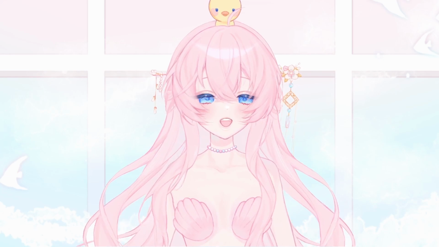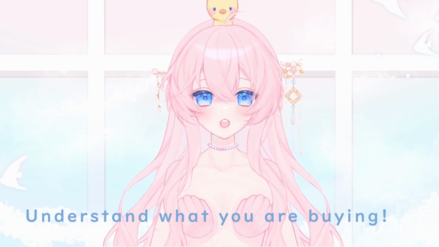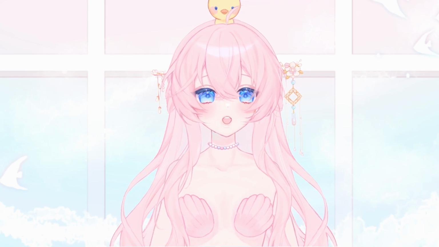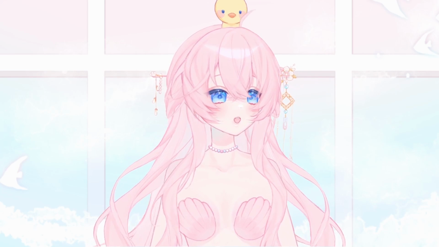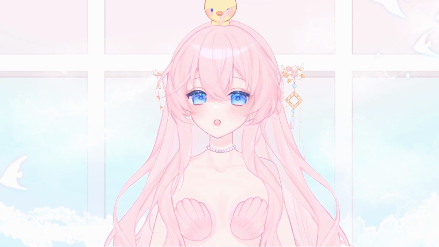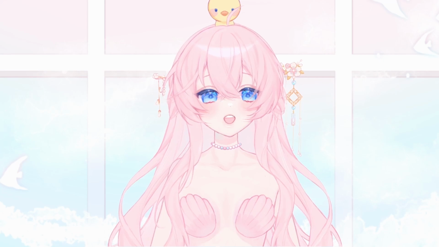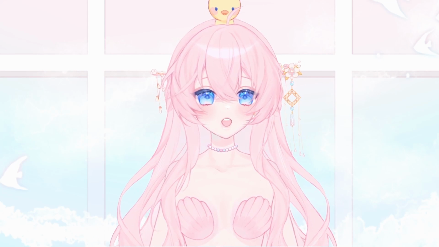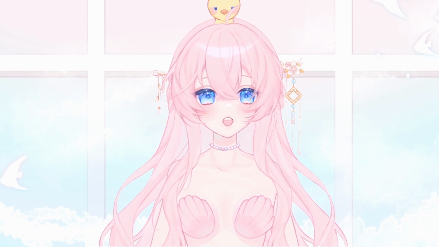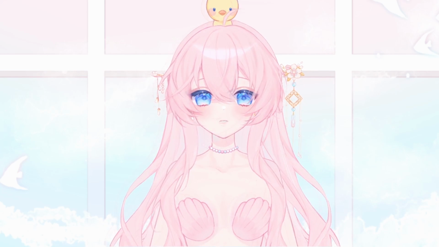So I just wanted to add in one more tip, is that when you are buying VTuber models, it's good to look into what you're buying. I would recommend watching some tutorials on cutting videos or Live 2D animation videos, or just taking a look at some artists and riggers workflow so you understand what kind of effort is being put into your model and the different parts and pieces that you may need.